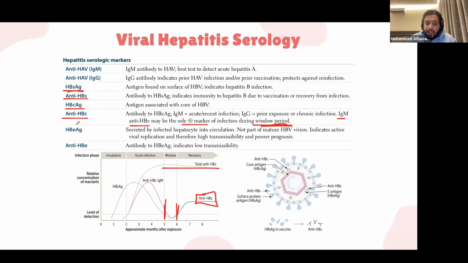Hepatitis B envelope antigen or antibody, the most important thing about this is its role in infectivity. If you have high amounts of envelope,